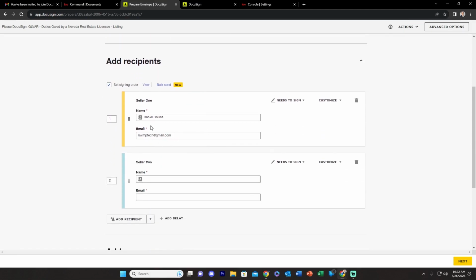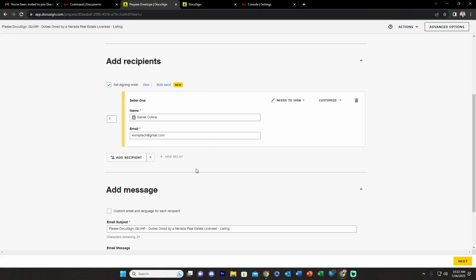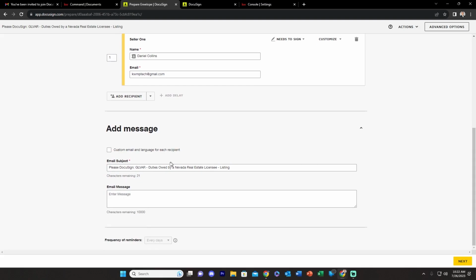And then it's going to ask you who is seller 1 and who is seller 2. If there's only one seller, you don't need the second one. You can go ahead and get rid of that one. So once that has been created,